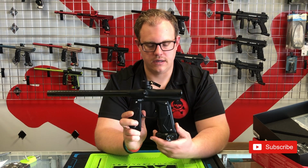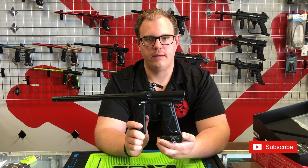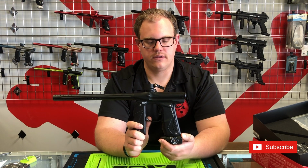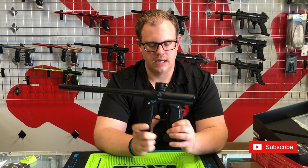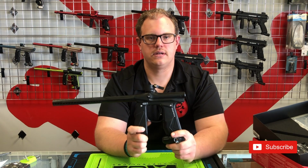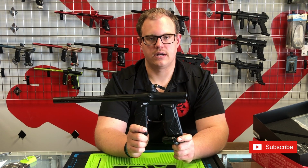Another thing with this gun is that the regulator is very robust. I've never seen an Empire Mini GS with a bad regulator. It's very simple to take this regulator apart. There's 2 screws on the bottom of the trigger frame. This regulator can come off. This front portion unscrews and reveals your piston as well as your spring and all that stuff. But for the most part, it's not going to be something you have to worry about